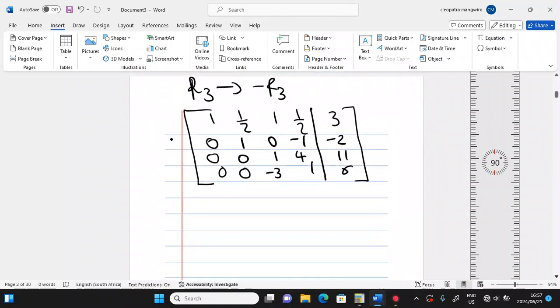So we multiply row 3 by minus 1. Now we want to reduce this entry to 0. So we say row 4 is given by row 4 plus 3 row 3. Applying this, minus 3 plus 3 times the corresponding row 3 entry of 1 gives 0, and 1 plus 4 times 3 gives 13.